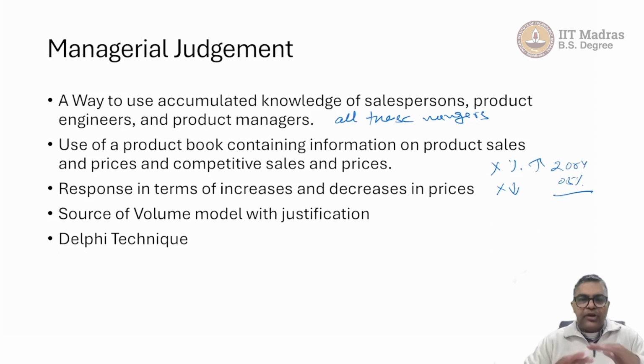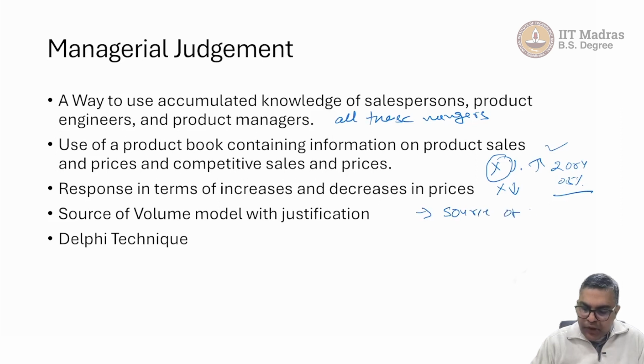So they have a base point, and from there they are asked how much would be the change in quantity demanded if price goes up by 2%, 4% or 5%. Okay, and then when they are asked, they have to give a response, and they also have to tell something that they call the source of volume. What is source of volume? Basically it is the composition